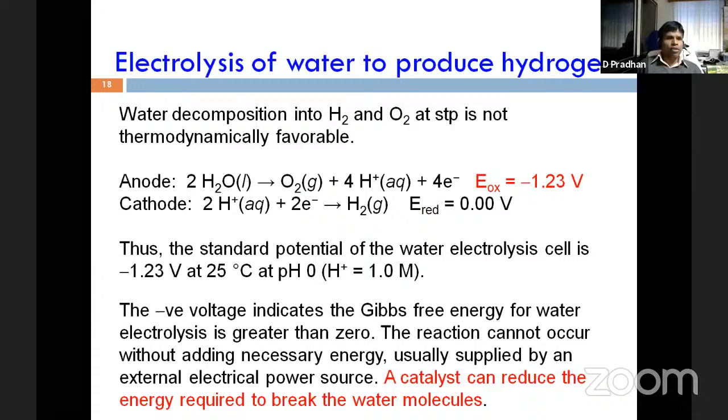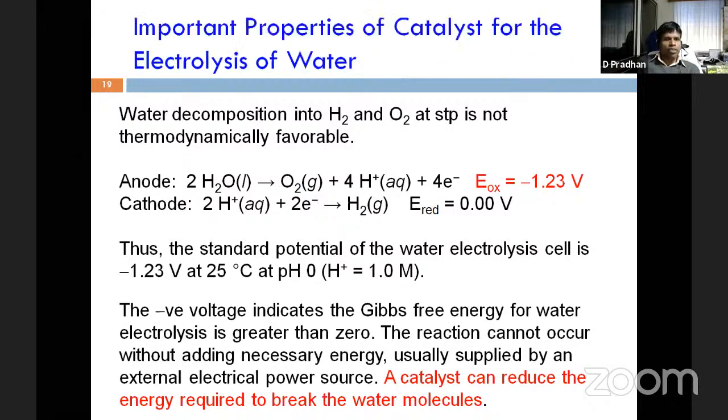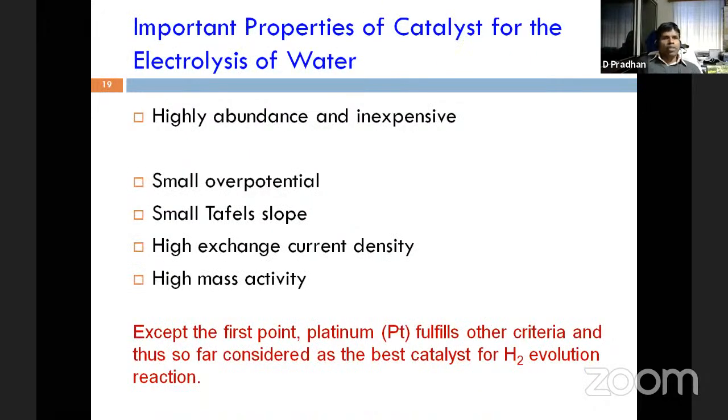Electrolysis, as everyone knows, is an energy consuming process needing 1.23 volt. Actually, in practice, we need 1.8 to 1.9 volt. And in this process, a catalyst is used, which helps to break down the water molecules and produce hydrogen. And as far as the catalyst is concerned,